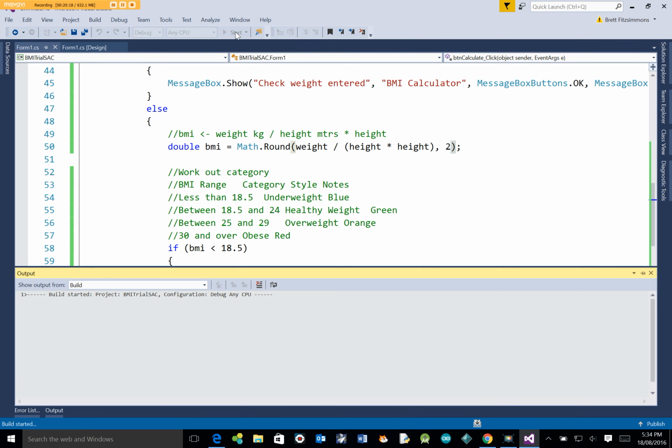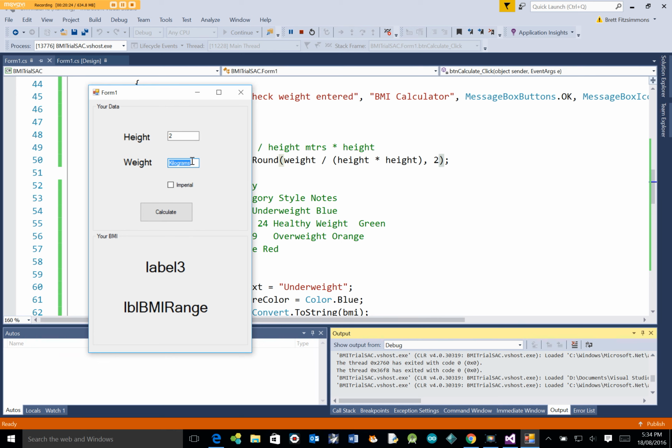Yeah, so if I put 2 meters and 100 kilos, calculate, there we are, 25 and overweight. If I change that to be, say, 97, this should there, and it only prints out 2 decimal places. Now there's still a bit of problem with the formatting there, I'd reckon, but that's okay. It's looking alright. There's nothing great going on about it. We could probably change the size of the font and things, but